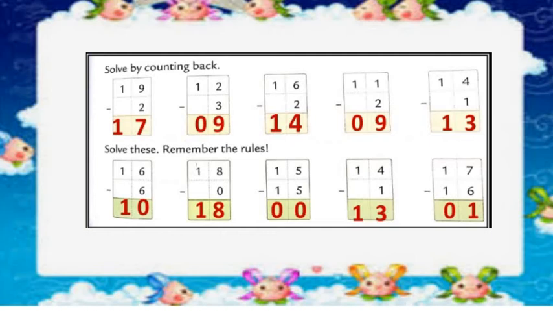15 minus 15. My dear students, let me explain again that whenever we are going to make subtraction of the number with the same number, we get 0 as an answer. If you observe this sum properly, you can see that here we are going to subtract 15 from number 15. So we get 0 as an answer. You have to write 0 in both the boxes.